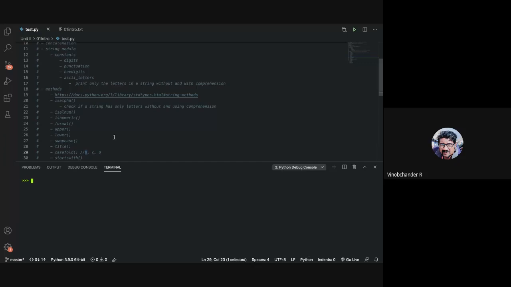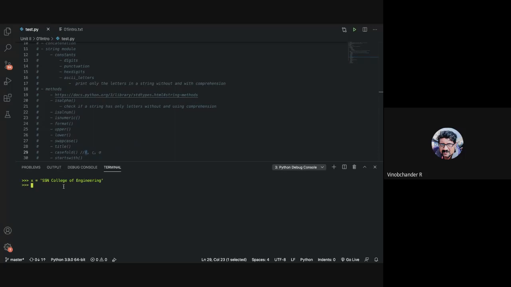Okay, the next method is startswith. Let me have a string called SSN College of Engineering. You can make use of startswith as one of the methods for searching for a string that starts with a particular substring.